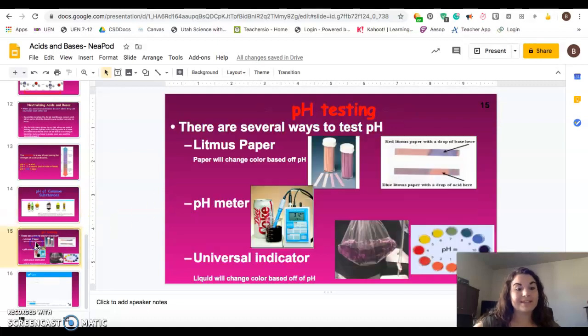And there are a few different ways, I'm going to go over this real quick, to test a pH. We have litmus paper, a pH meter, and a universal indicator. The first two will change color depending on your pH. So if it's really basic or acidic, it will change color. A pH meter will just tell you your exact